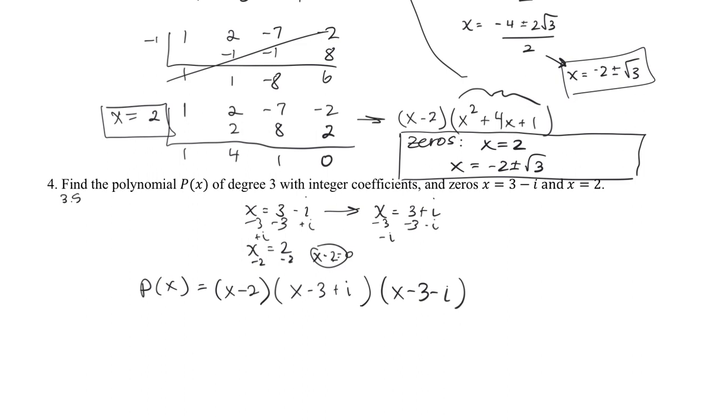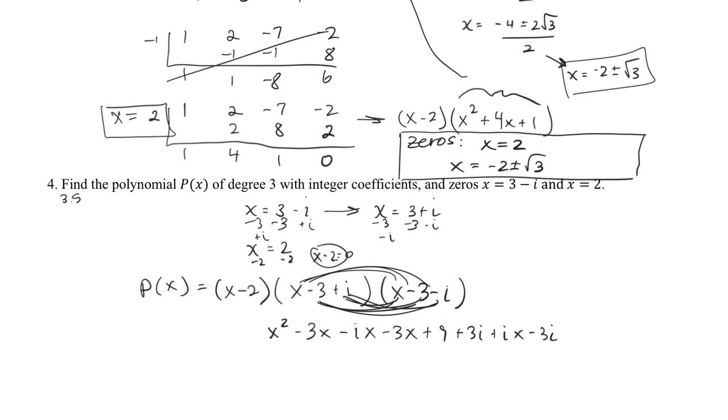Recommend that you multiply those two together first using the distributive property. x times x is x squared. x times negative 3, negative 3x. x times negative i is negative ix. Negative 3 times x is another negative 3x. Negative 3 times negative 3 is positive 9. Negative 3 times negative i is positive 3i. And then i times x is positive ix. i times negative 3 is negative 3i. And i times negative i